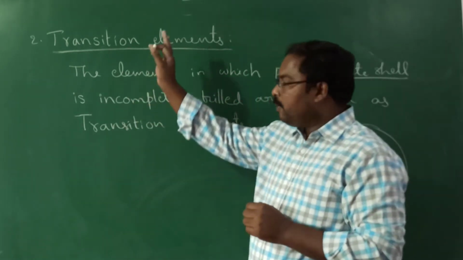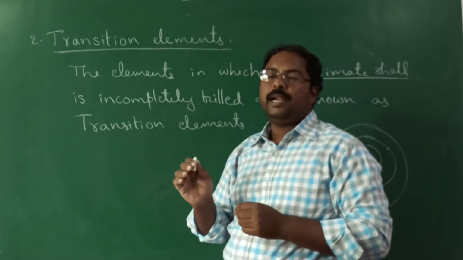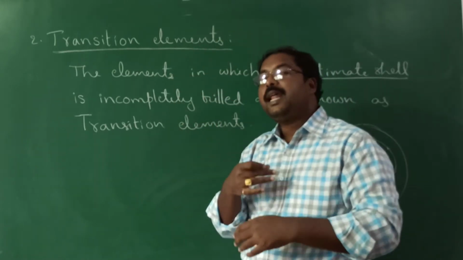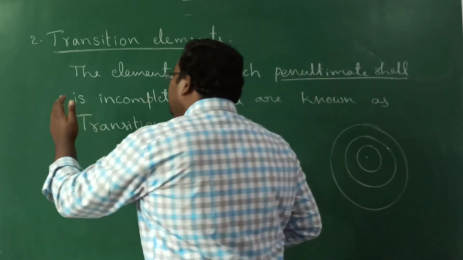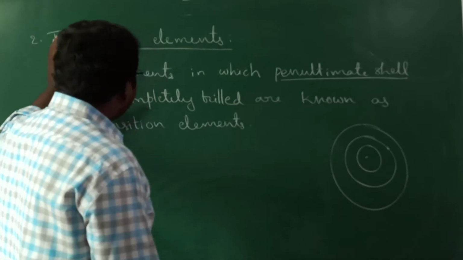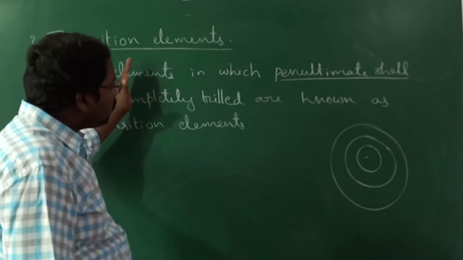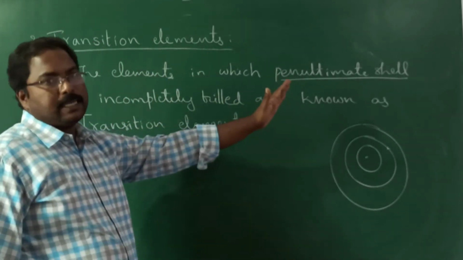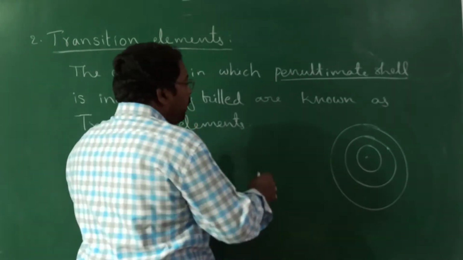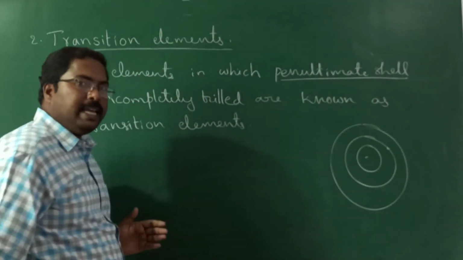Or in other words, to understand easily, the extreme left hand side of the periodic table has highly reactive metals. The right hand side has highly reactive non-metals. Forget about noble gases, they are different. What will be before the noble gases? Fluorine, chlorine, bromine, iodine, the halogens. Those are highly reactive non-metals. So when you observe from left to right, the reactivity of metals slowly decreases, meaning electropositivity slowly decreases. At the same time, electronegativity, nothing but non-metallic character, slowly increases.